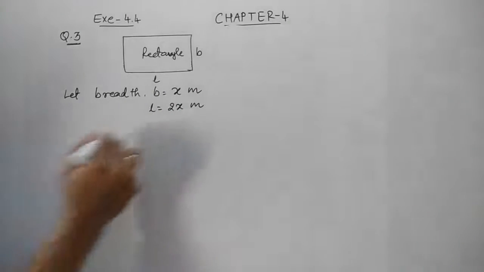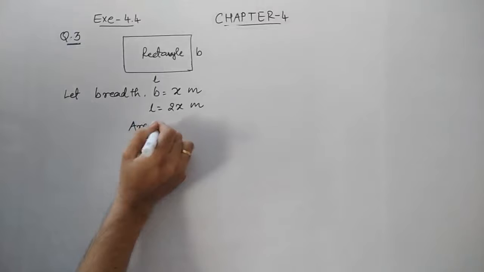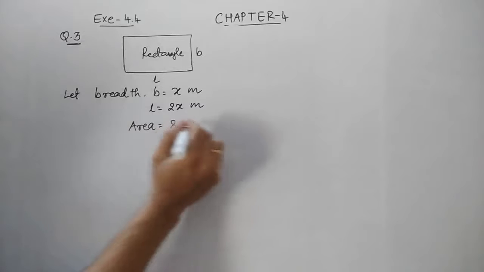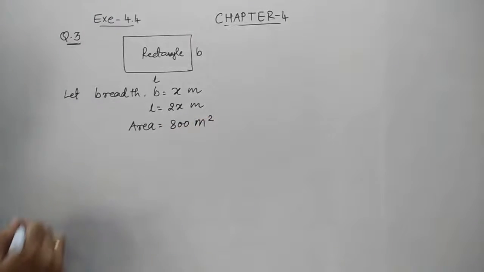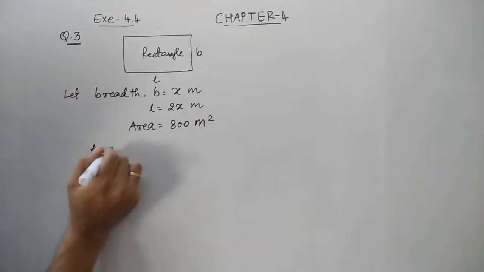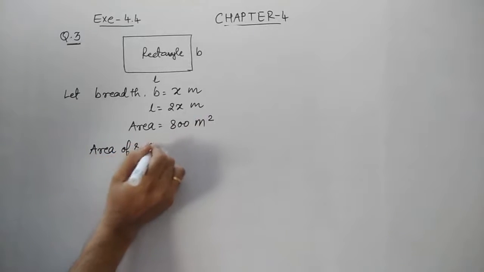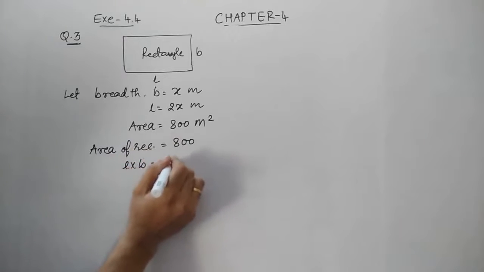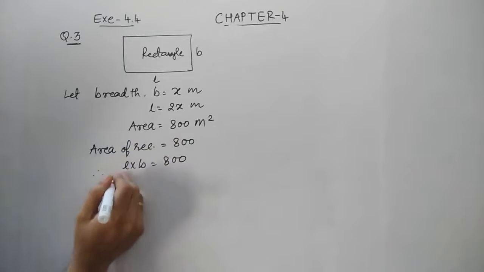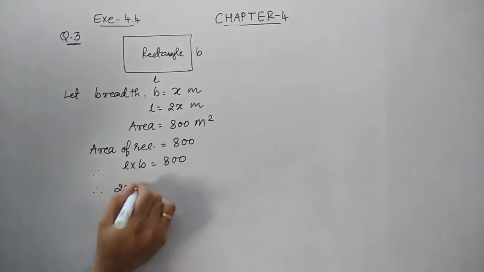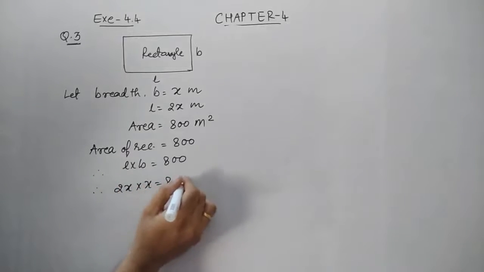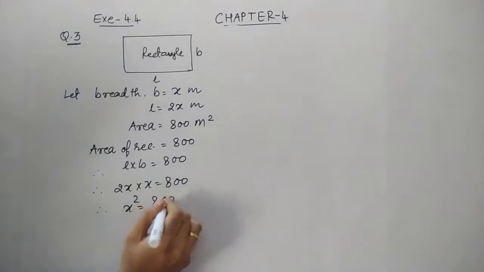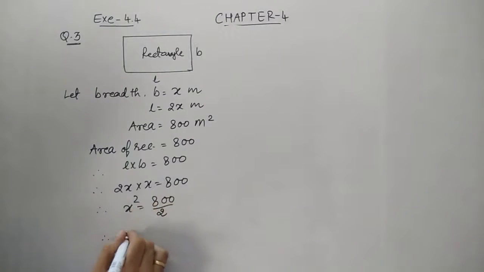It's quite easy. And the area of this rectangular field is given as 800 meter square. So let's form the equation by using the formula that area of rectangle, that is L into B, is 800. We have both the dimensions in the form of x. L is 2x and B is x, so that is 800. So if I take this to the right hand side, it must come in the denominator. So we can say that the value of x square is 400.